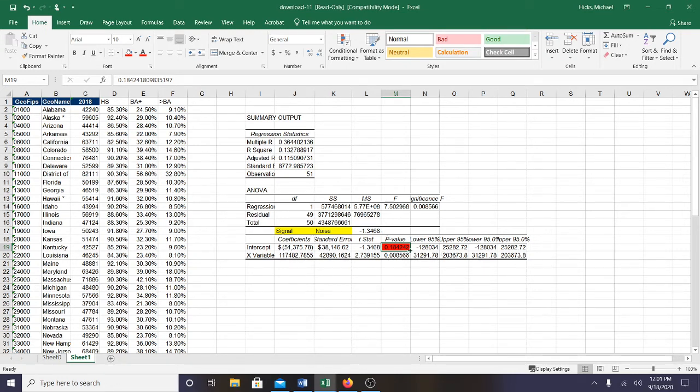So we don't think that that intercept has any value, right? Here is the signal to noise ratio, however, in dollars. This is the change in dollars, right? The x variable with respect to y, in this case, is going to be equal to this, right,